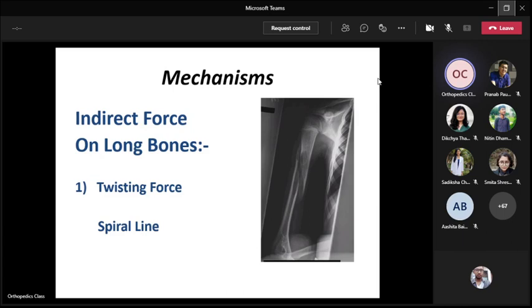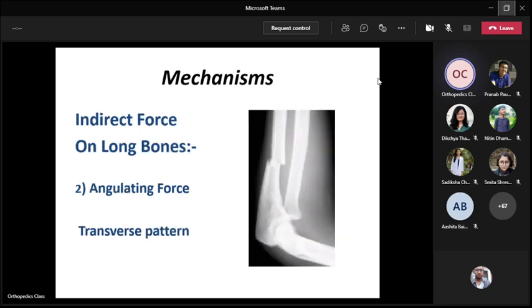Okay, so if you see these types of fractures, that means these are unstable fractures. These unstable fractures you can't treat with a conservative method, that means by plasters and all those things. Some sort of operative intervention is required to maintain the position of this fracture in an anatomical position. So if you know the mechanism and the fracture pattern, it will be easy for you to treat those fractures.